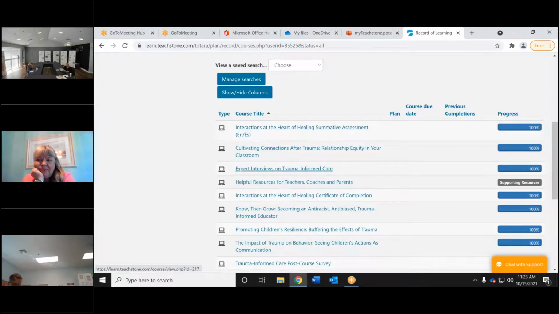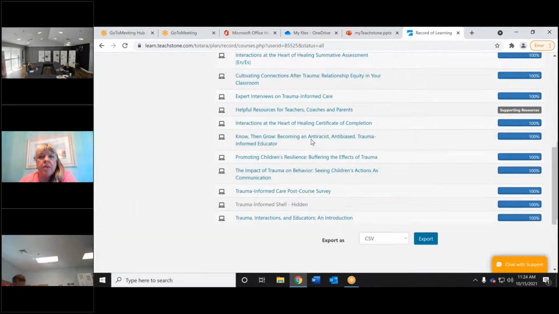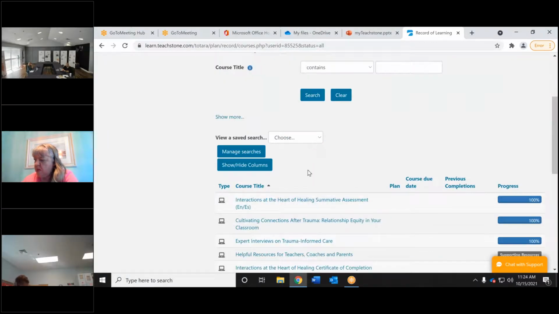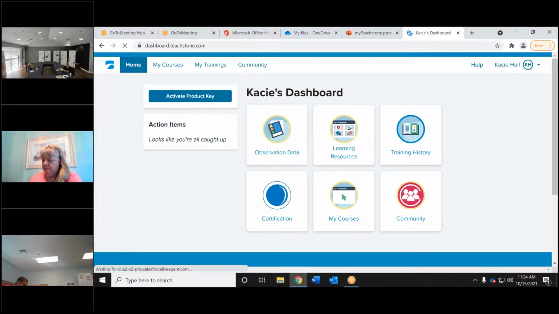Okay, these are just some other things that Casey has gone through. So these were all the pieces of interactions at the Heart of Healing. And then the last piece is your certificate, and you can print that out. So that's in my courses. I think that is everything in the